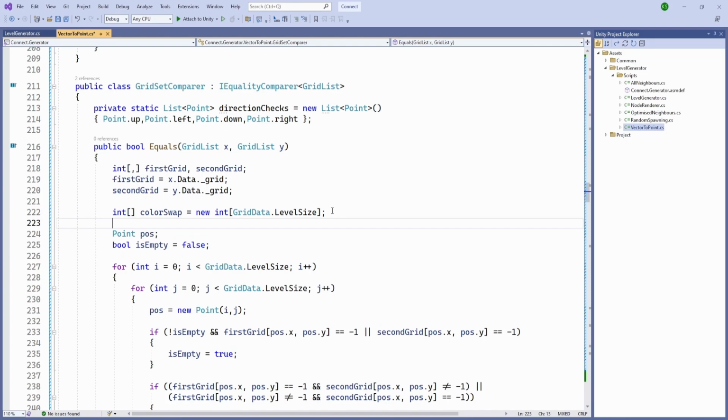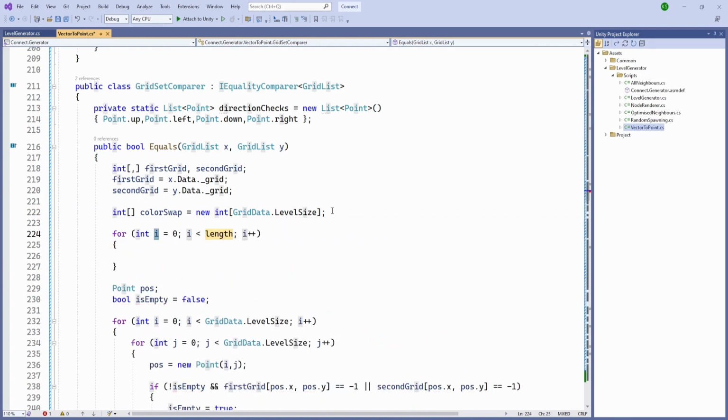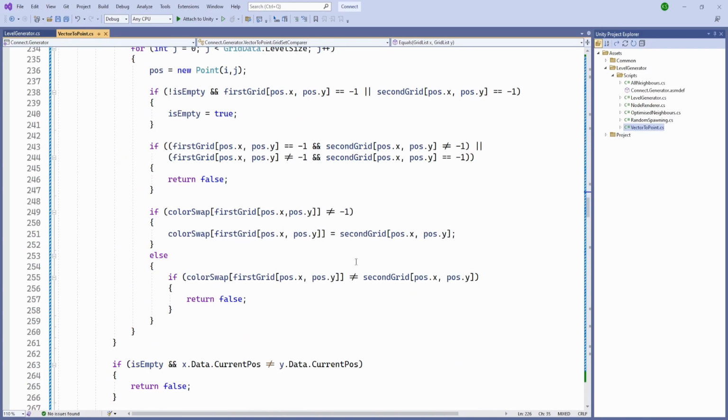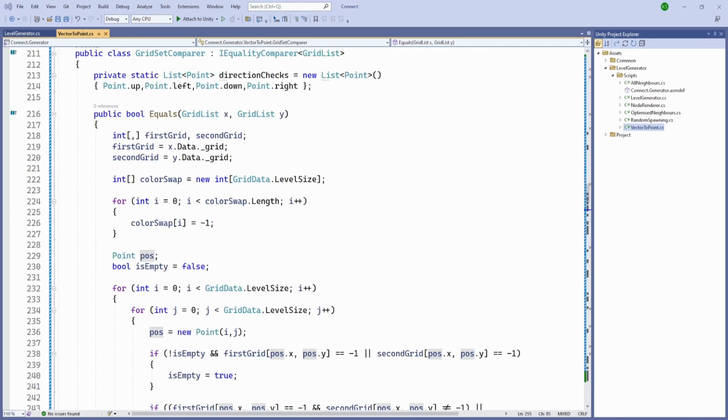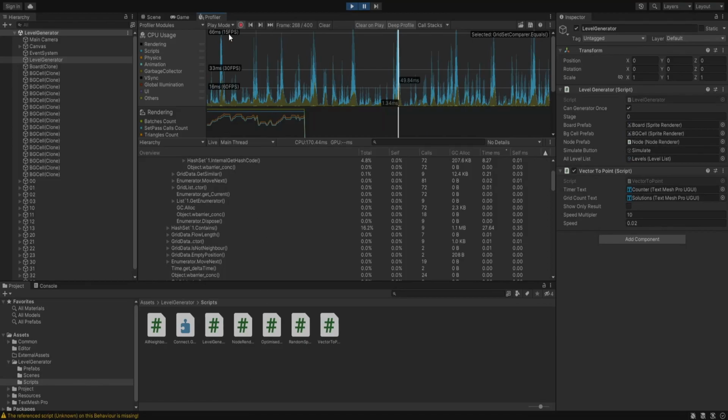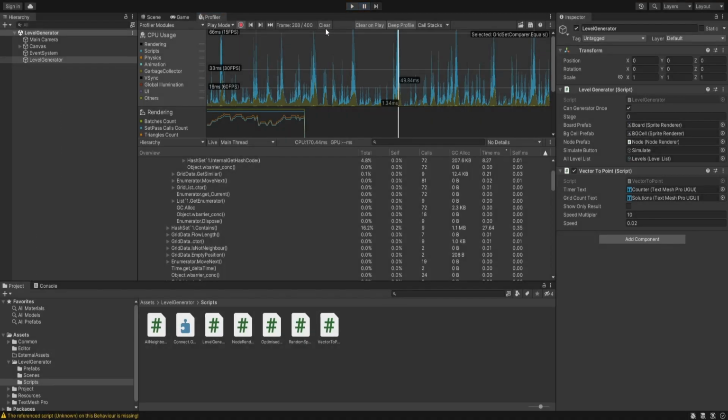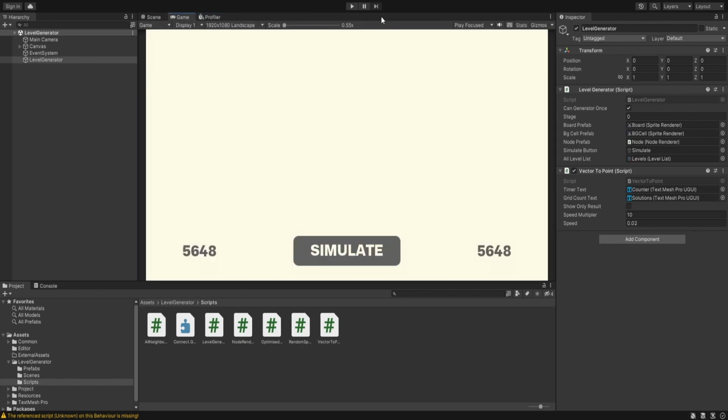So let's do a for (int i = 0; i < colorSwap.Length; i++), colorSwap[i] = -1. So it is going to swap each of the positions to something else, and if it does not match, then it is automatically going to return false. And let's see how that cleared our performance. So let's hit play,